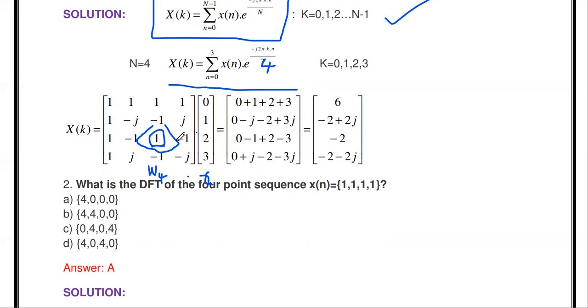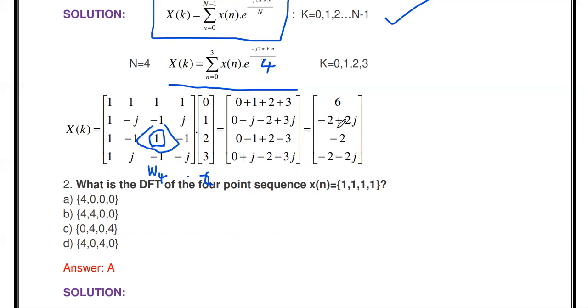This twiddle factor matrix, you just multiply with our x of n. That's all, we will get the answer. The first row multiplied with this x of n value: 1 into 0 plus 1 into 1 plus 1 into 2 plus 1 into 3. So we get 0 plus 1 plus 2 plus 3. The answer is 6. Similarly, the second row multiplied with this column,